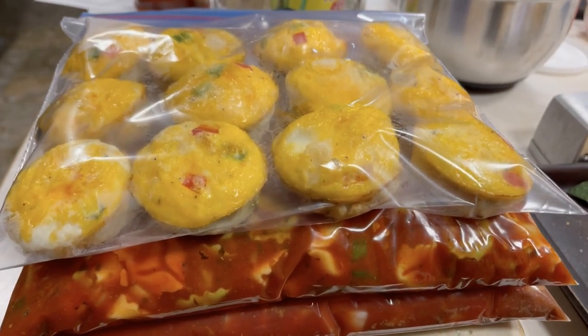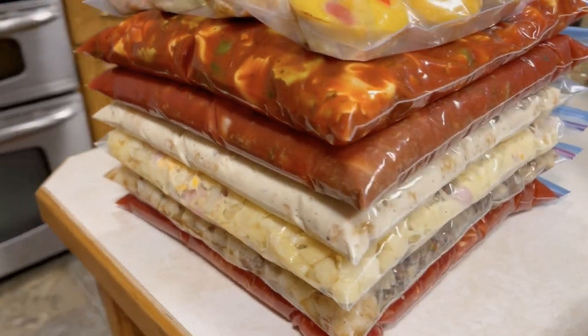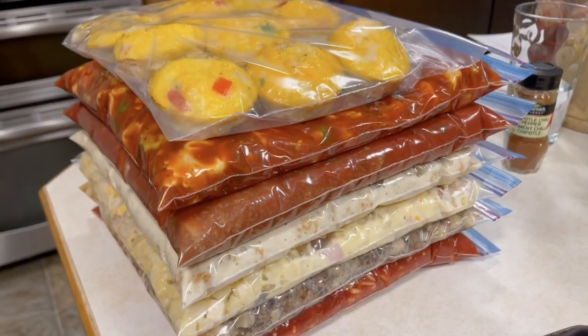So they can make them themselves, pull them out of the freezer, microwave them, and take them literally on the bus with them if they're running late. So the scrambled egg bites are awesome. A tortellini bake. The tortellini bake, sometimes we do an Alfredo tortellini bake, but not all of my kids like